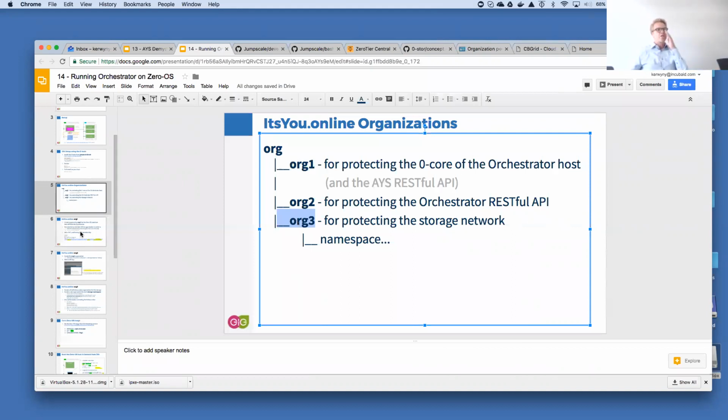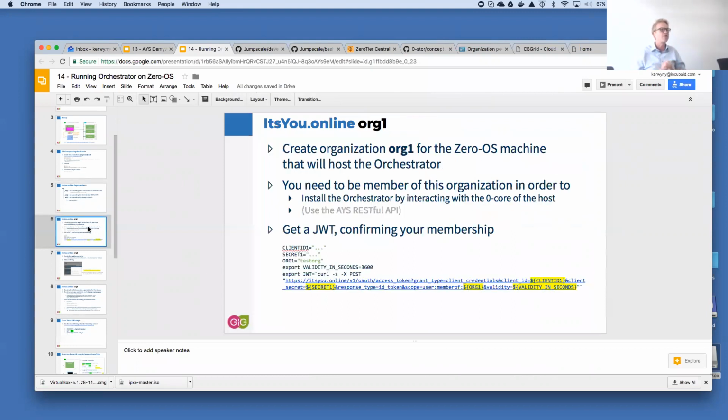Okay? So remember that it's about creating 3 organizations. You could create only 1 organization for everything that I'm going to touch now. You could do everything in 1 single organization. It's, I think, better to do it in 3 organizations because it allows you to better understand what you're actually doing. But for demo purposes, once you know what you're doing, it's fine to do it in 1 single organization. Now, let's touch each of these organizations a little bit deeper.